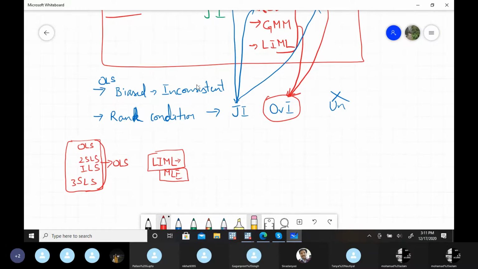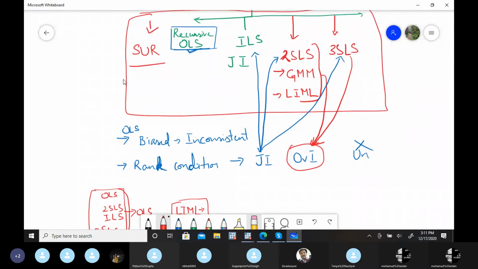This seemingly unrelated regression, again, is from the OLS method only. I'll take this example as well. This is a quite different example. It's where your dependent variable is changing, but the independent variables are the same in both equations. It's simultaneous, but there is no endogeneity problem here, because only the dependent variables are different in the two equations, not the independent variables. So that is seemingly unrelated regressions. I think Zellner gave this particular method in the 60s or 70s.